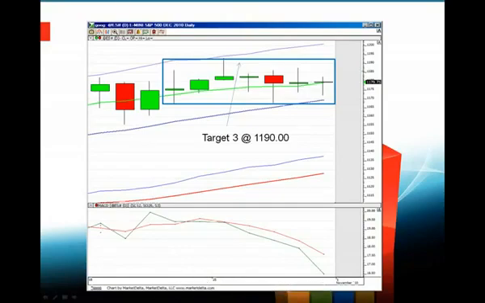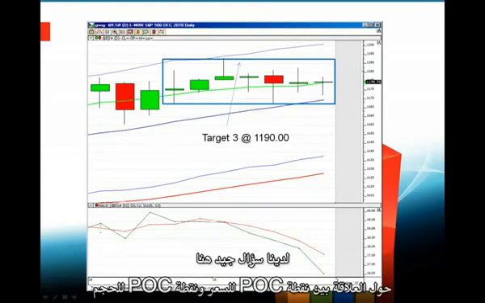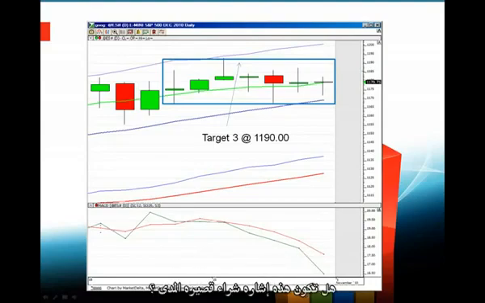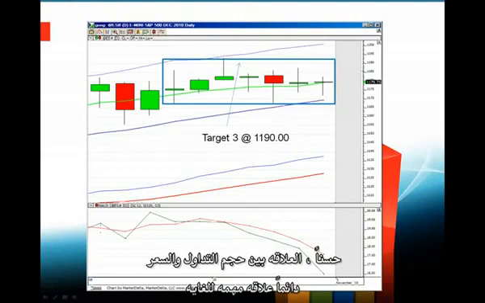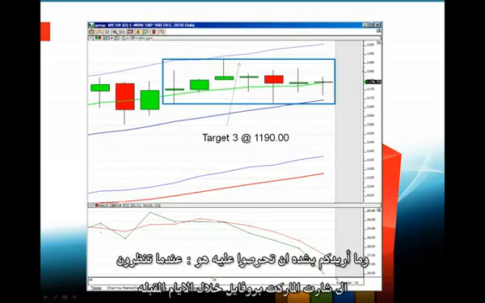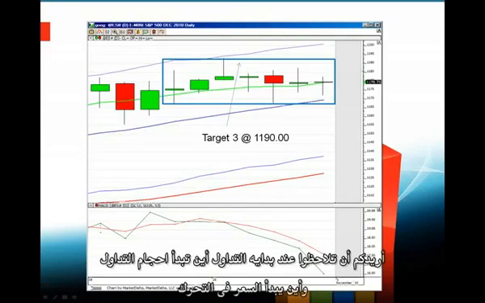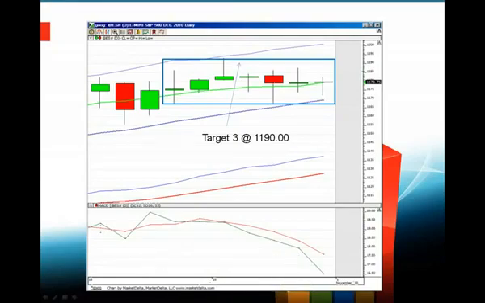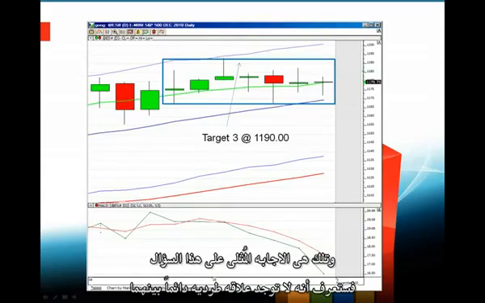Here's a good question about the relationship between the POC and the volume POC. If the POC is above the volume POC, does that signal a short bias, in your opinion? The relationship between volume and price is always a very important relationship. What I'm going to recommend, so that you can see it for yourself, is that when you take a look at your profile chart for the next couple of days, track where the volume began and where the price began when the day starts out, how they moved relative to one another during the day, and what happened at the end of the day. This is going to be the best answer to that question, because you will see for yourself that there is, again, no set